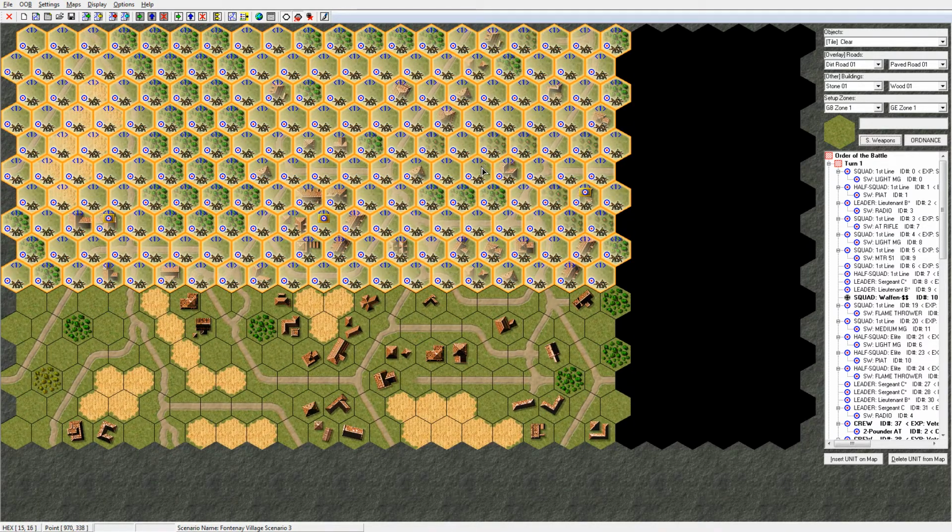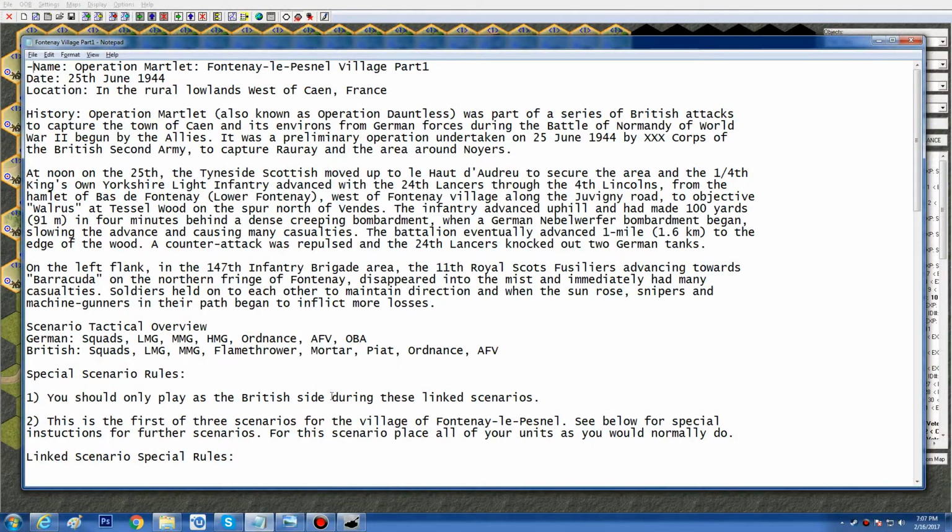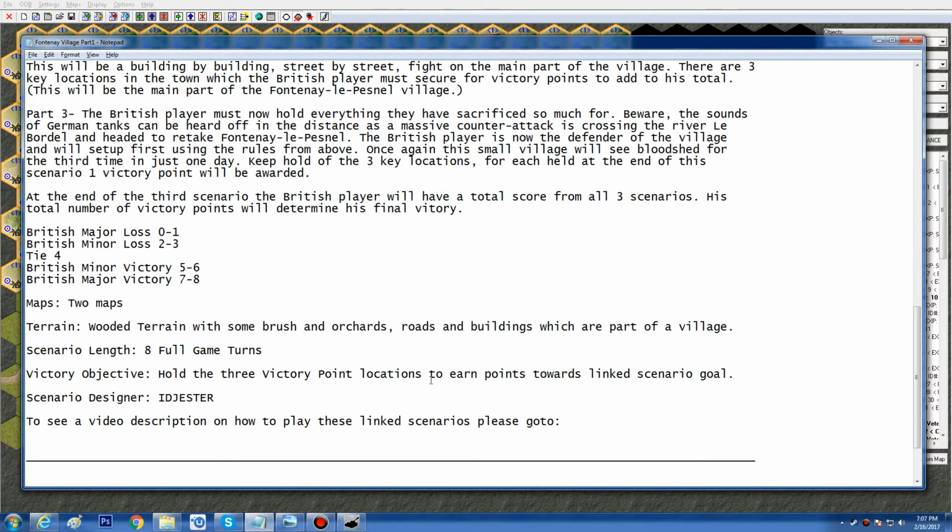At the end, you're going to calculate how many victory points you had for each of your different scenarios, and then based upon your total, you're going to get a victory total here. So if you ended up with just 0 or 1 point, you had a major loss. 2 or 3 points, you had a minor loss. If you had 4 points, you had a tie. If you had a total of 5 or 6 points, you had a minor victory, and a major victory is